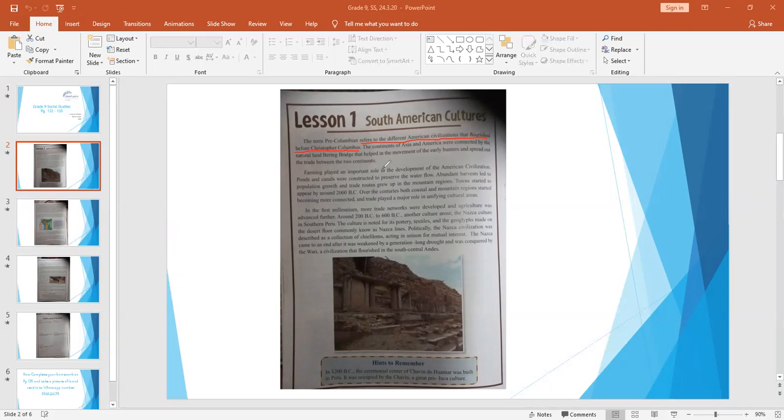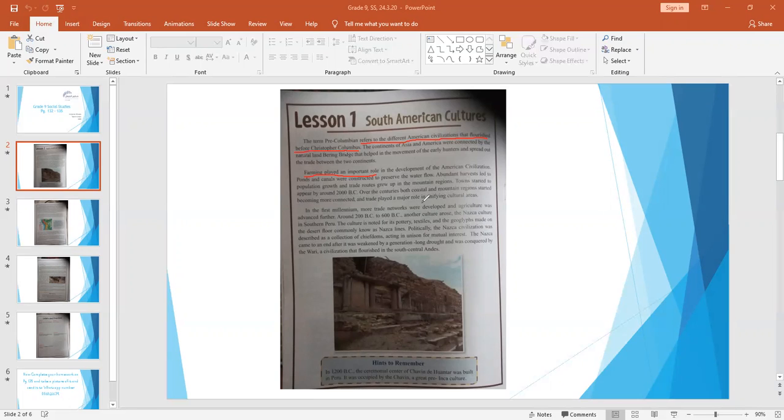Farming played an important role in the development of the American civilization. Underline, farming played an important role. That's important. Ponds and canals were constructed to preserve the water flow. Abundant harvests led to population growth, and trade routes grew up in the mountain regions. Towns started to appear by around 2000 BC. Okay? Over the centuries, both coastal and mountain regions started becoming more connected, and trade played a major role in